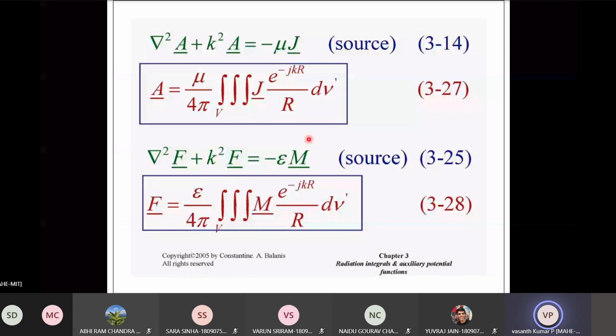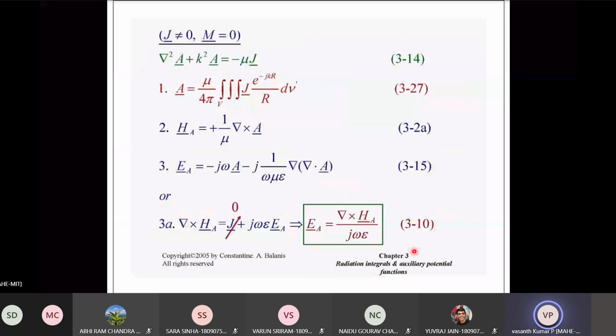And if it is an electric current source, then we have this equation. This is magnetic current source, we have this equation. Electric current source, we have this equation. Again, same thing was discussed. Here the details were not given, so I had to discuss from the notes. Otherwise, I would have covered through this PPT only.